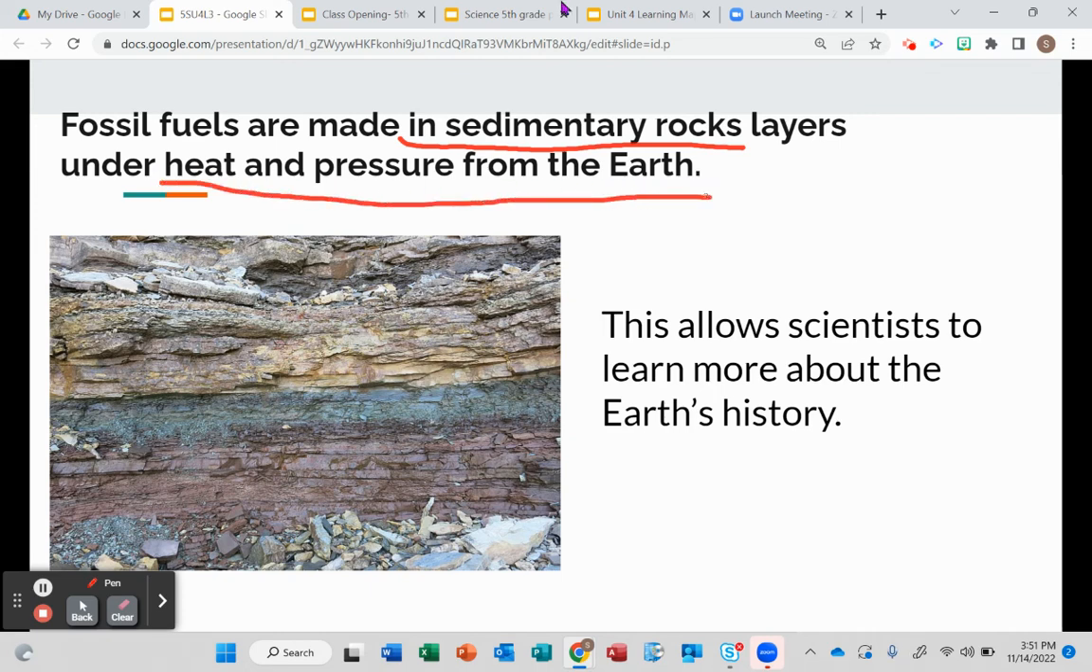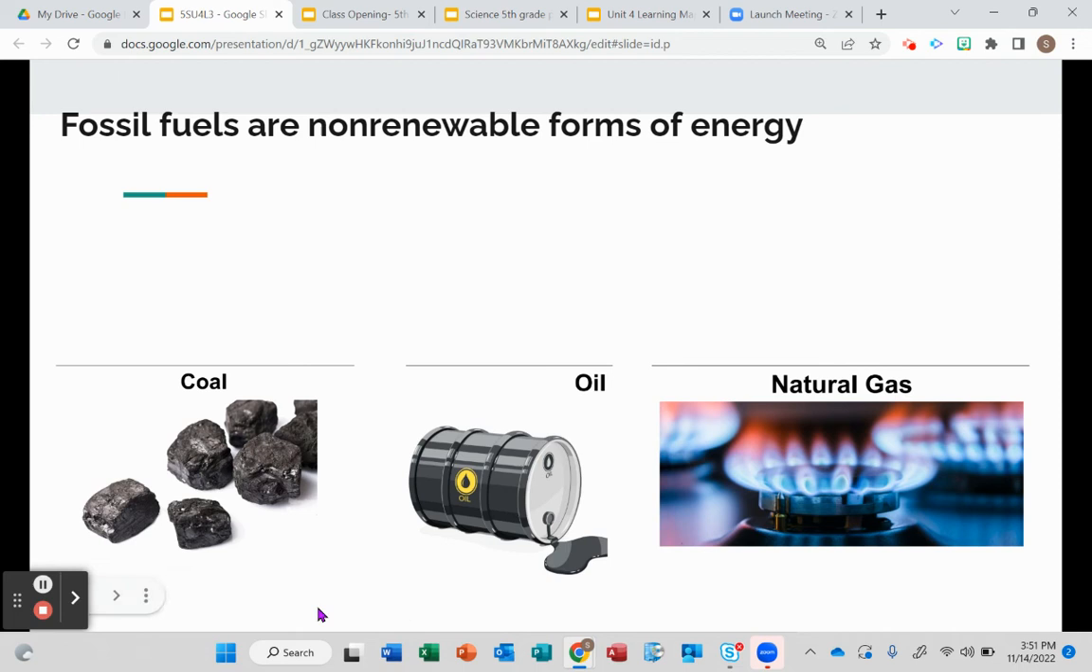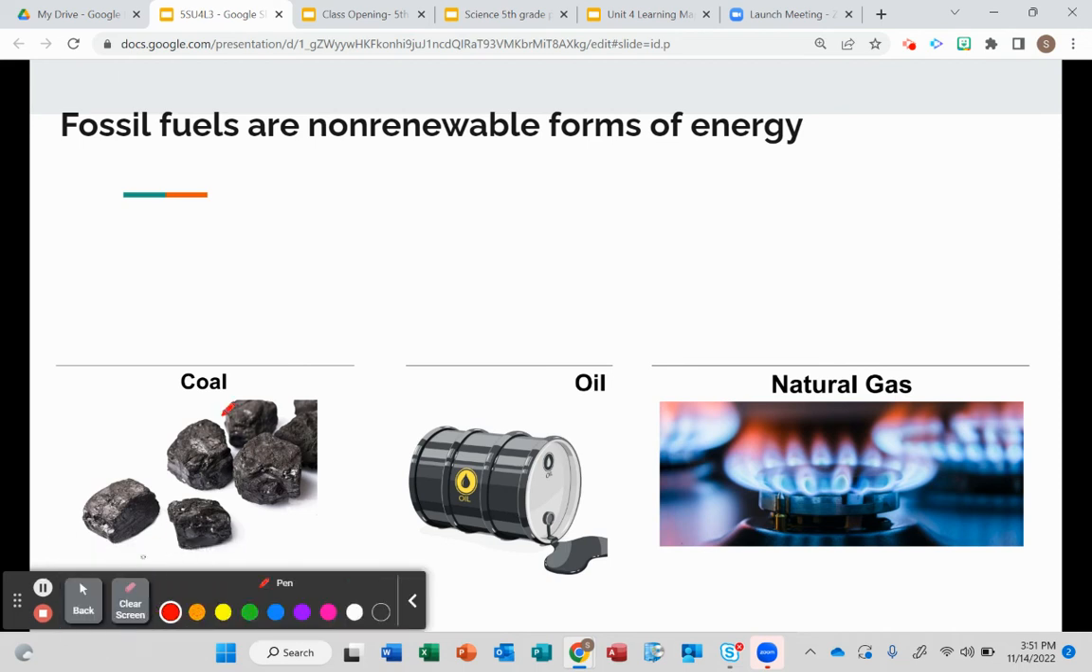What this does is allow scientists to learn about the Earth's history. Depending on where we find different types of fossil fuels and different types of fossils, it will tell us how old our Earth is, or about different events that have happened during Earth's history, which is kind of cool. Now, another thing to remember about fossil fuels is that they are non-renewable forms of energy,